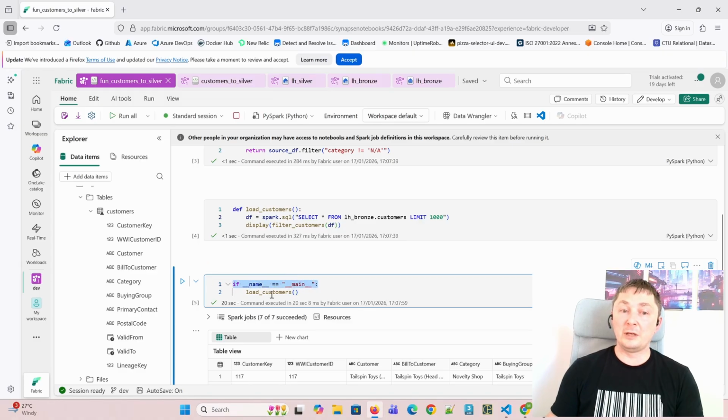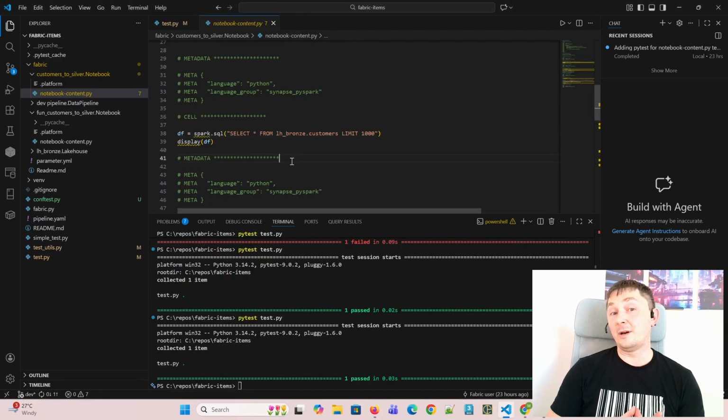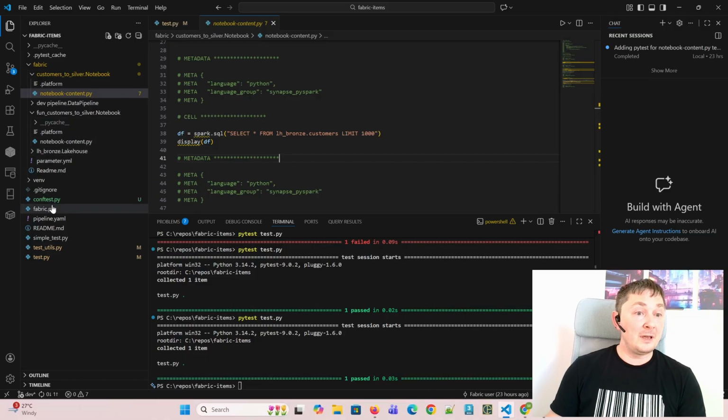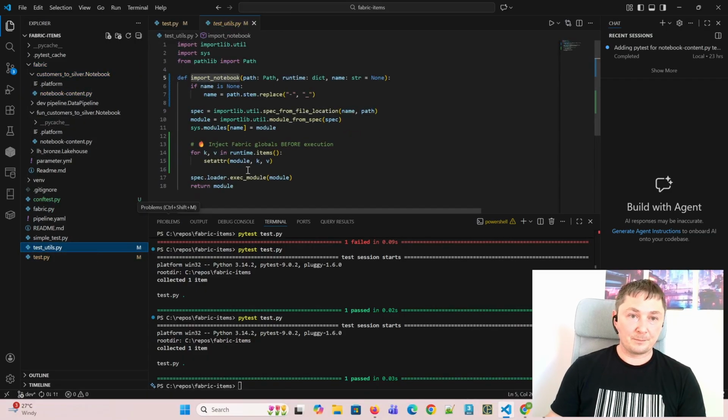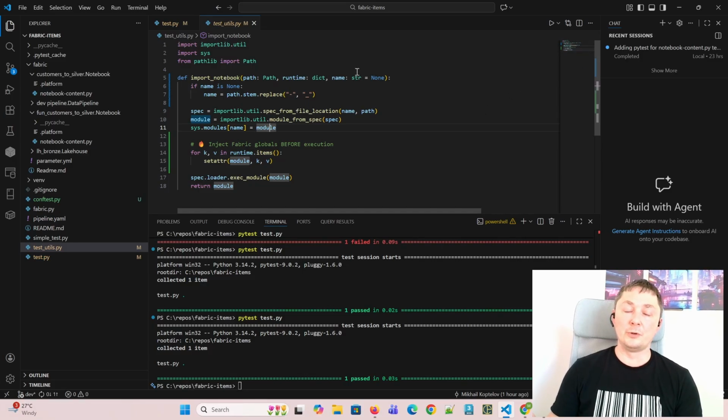So in your data pipelines, or when you execute the notebook from the UI, it will be executed as main, while in unit tests, and here we jump to Visual Studio Code yet again, we have a couple of things. First of all, I added testutils that will have the ability to load those notebooks from anywhere. And how it is done